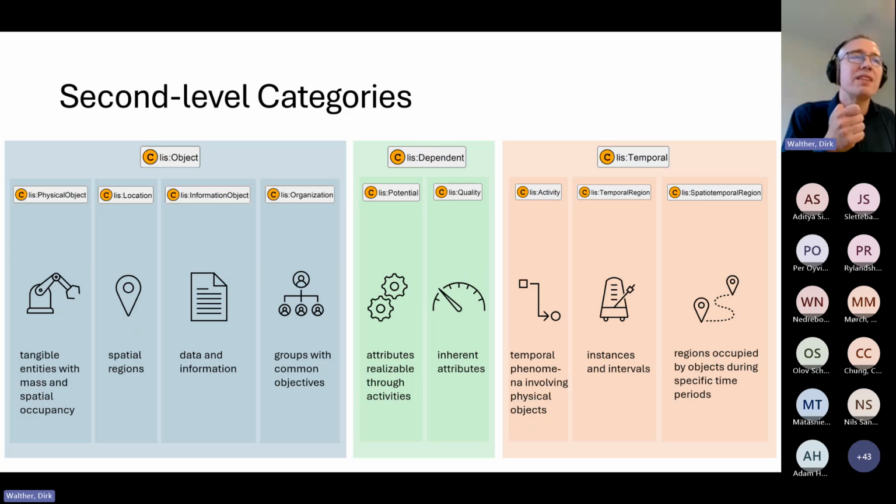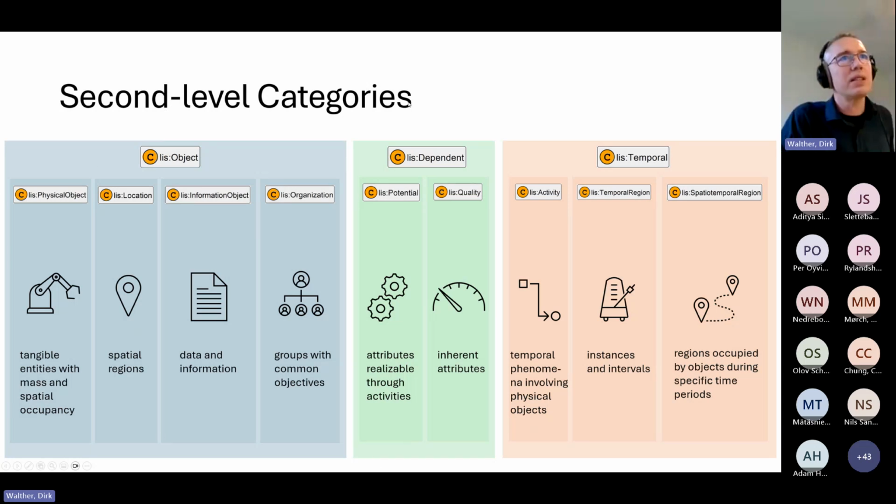Once it is an object, we can put it in, for example, organization, but then it cannot be at the same time an information object, a location, or physical object. So it has to be in one. Basically, that's why I made these boxes here. You have to respect these boundaries. These are the conceptual boundaries that we have to adhere to.